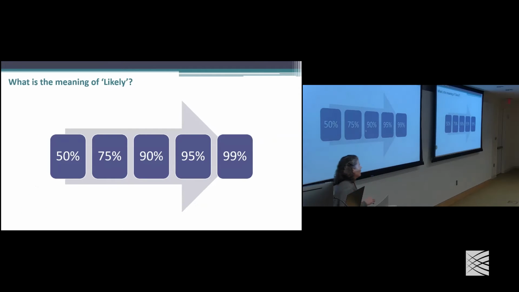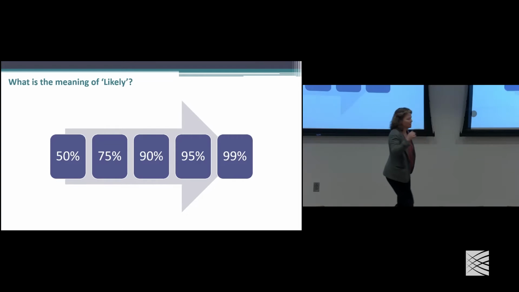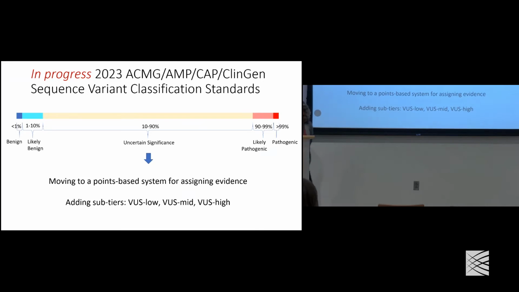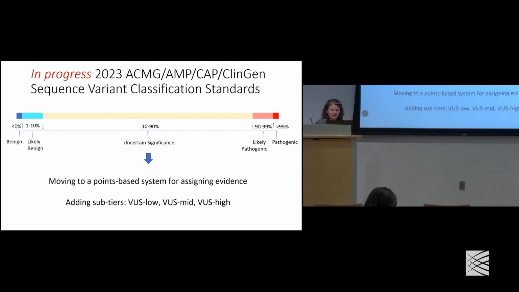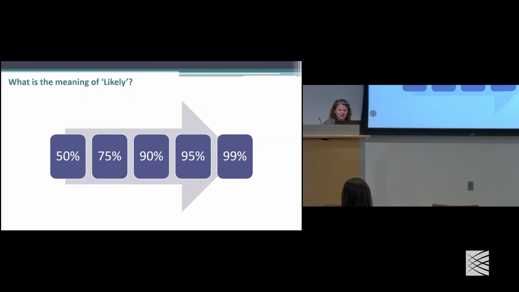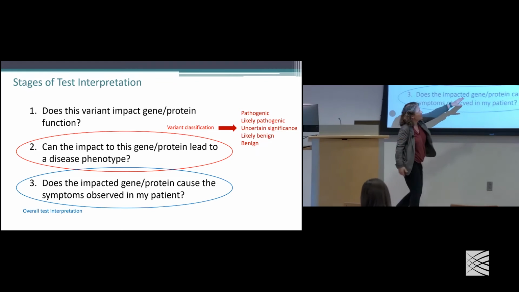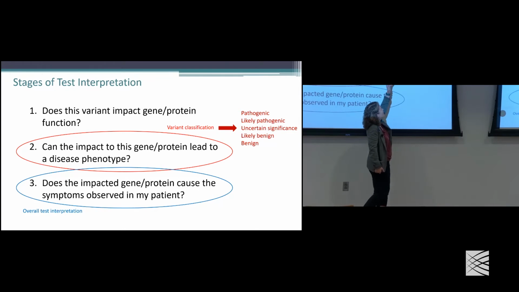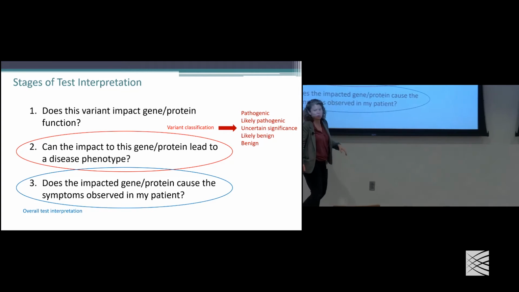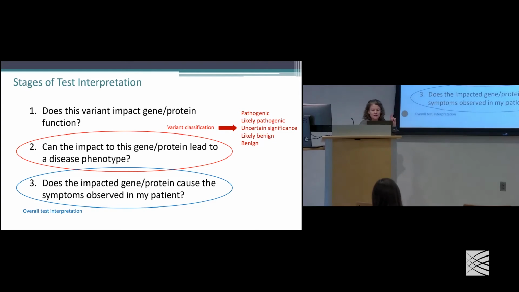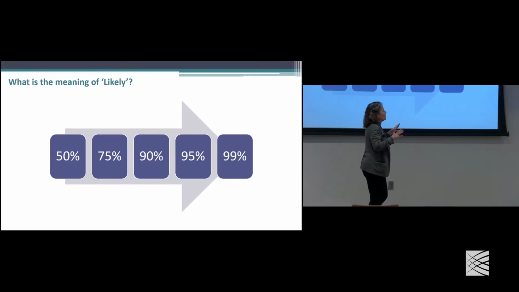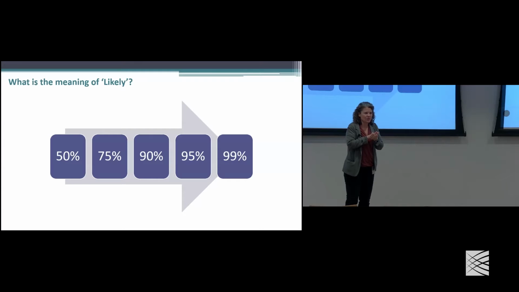We also, when we developed those guidelines, created it. Well, I didn't point this out, but in the last slide, oops, oh dear, what did I just do? Hold on. Okay. On the left side, with that 2015 guideline, we defined five terms for variant classification: pathogenic, likely pathogenic, uncertain significance, likely benign, benign. And for those two terms, likely, there is no formal quantitative definition for the word likely.